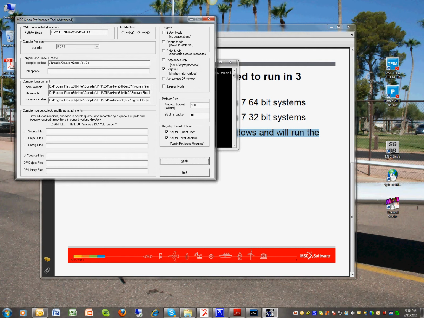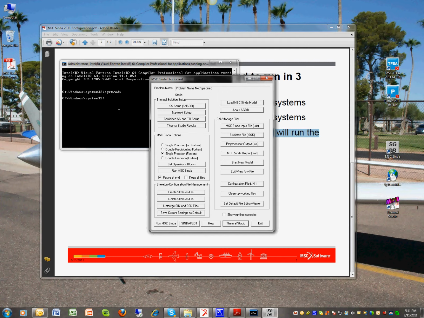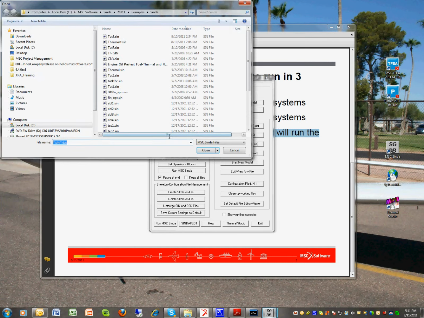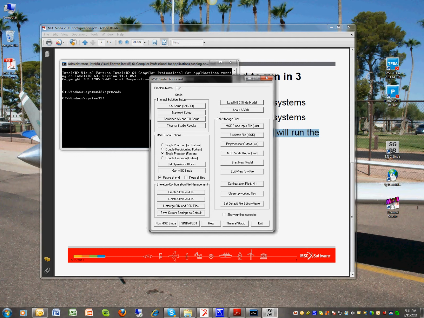You can turn off the graphics, there's some other things, or you can even link into your own files, so whenever Sinda runs, it will always drop your libraries in, whether they're source code, object files, or library files. But in this case, I'm not doing any of that, and so now, if I run Thermal Studio, or the dashboard, or the DOS prompt, anywhere I run Sinda, Patran or anywhere, it's going to now run, whether I pick single or double precision, it's running the 64-bit mode because